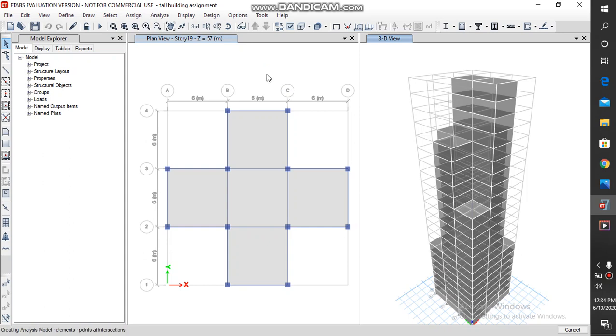Here we can see that the process of analyzing has started. This takes a while as the number of stories is large, as told before.